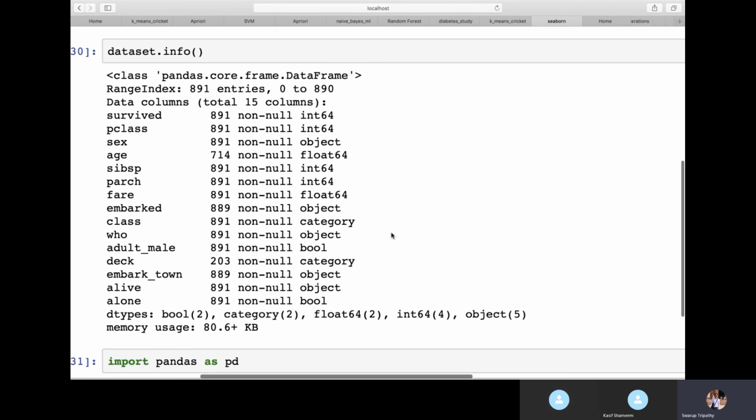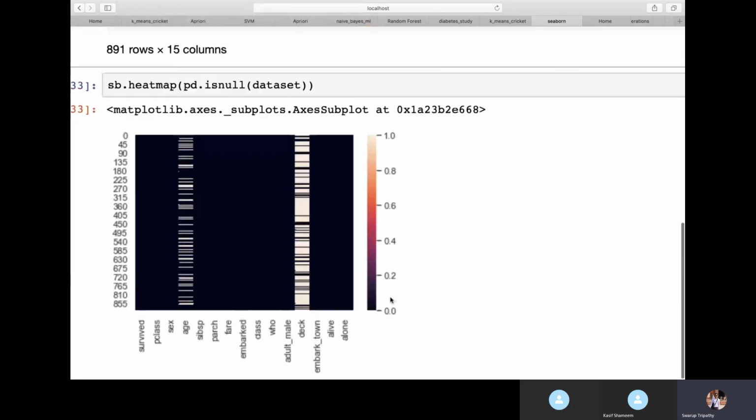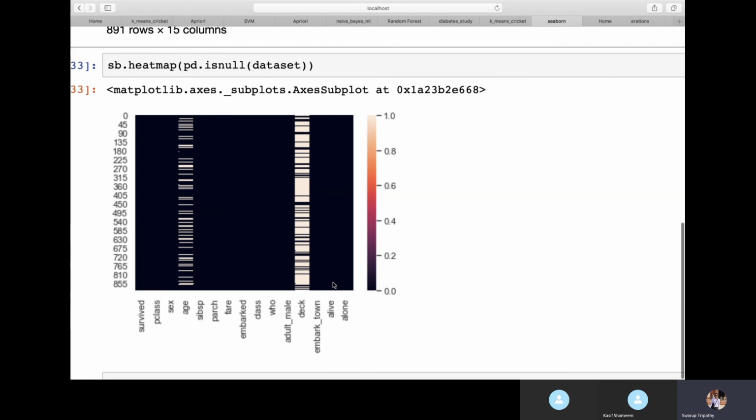So null values, like if you see here in age, so many values are null. Now, do you think that age is an important factor which will tell you if somebody is going to survive or not? Yes. If it is an adult man or old man, then definitely it's an important factor. If somebody is young, likelihood for survival will be more. If somebody is old, likelihood for survival will be less. So it's a very important factor.